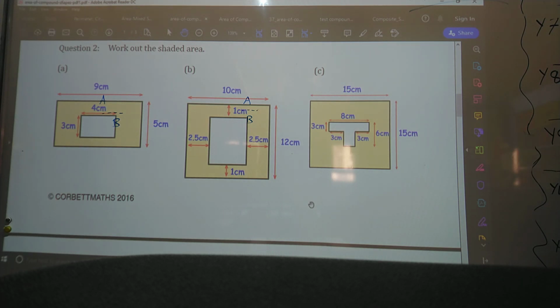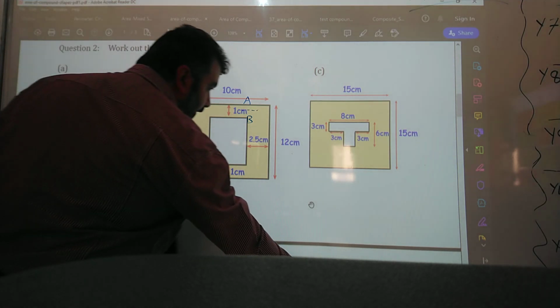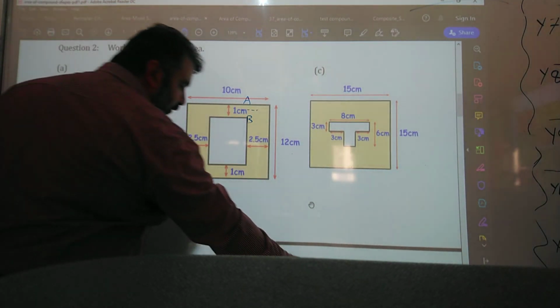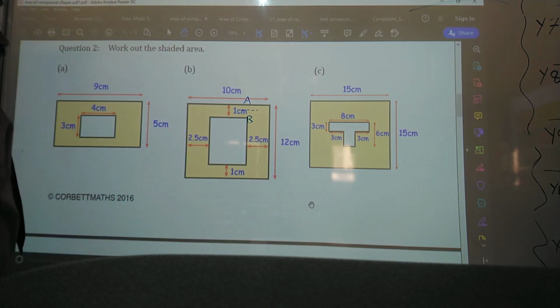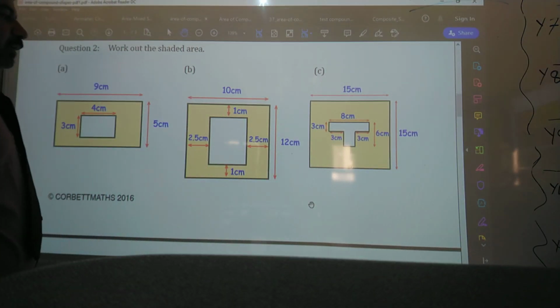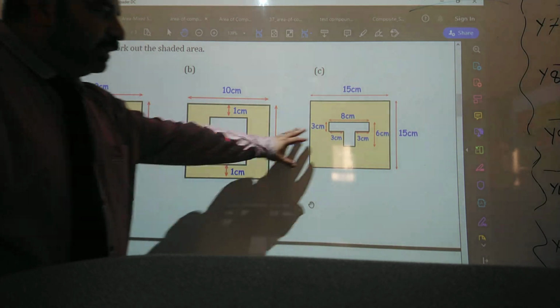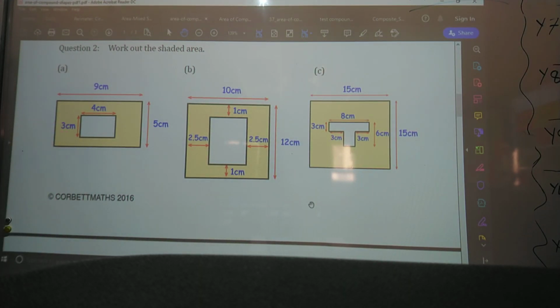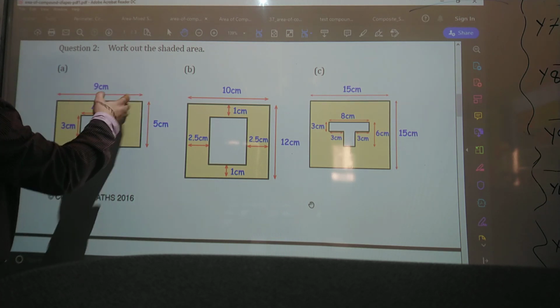Now, let me go through these kind of shapes: how to find the shaded area. Okay, the shaded area. Now I think this is the easiest, hard and harder. So if I want to start with this, I will say the shaded area